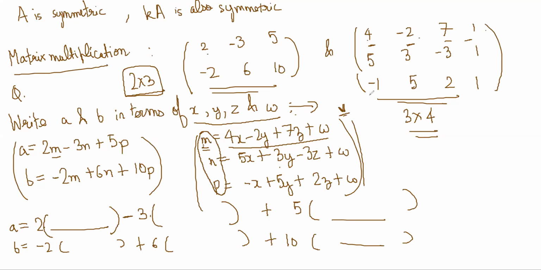Okay. If the coefficients are 0, 0, 0, then there is no V. But if there is another column, suppose, which is not 0, then you have a new variable here, V, right? Yes. In M and P, there will be some V's. So then A and B cannot be expressed in terms of just X, Y, Z, W, right?